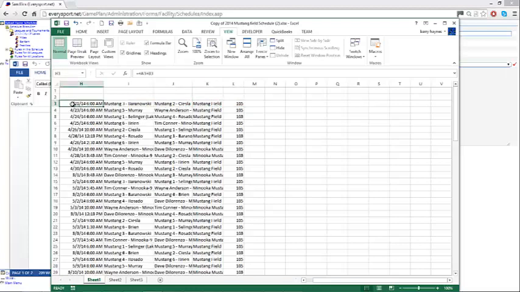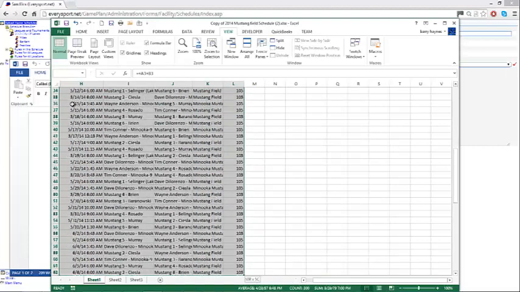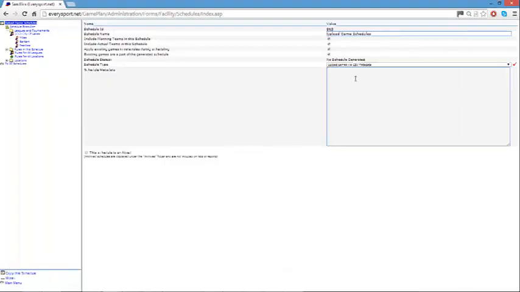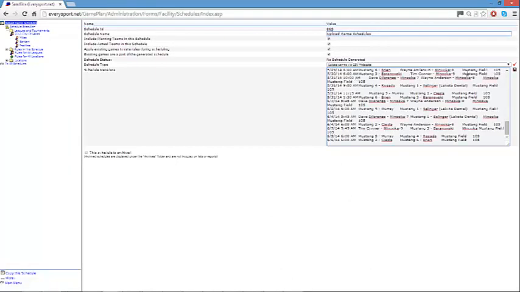So once we have our Excel sheet formatted, we just simply copy that data and paste that into the metadata section for the schedule and save that. And then we simply go to execution and execute that schedule. That will then upload all of those games that we have in our metadata into the schedule, and then once we're satisfied with that, we simply commit the schedule, and they will become live games and available to both the